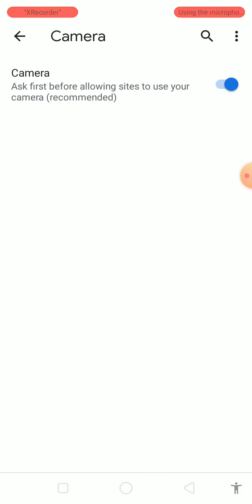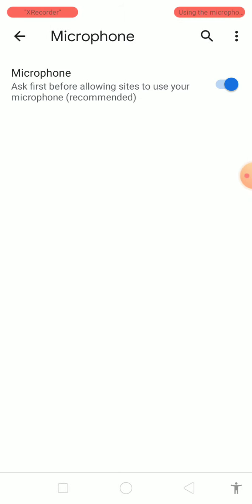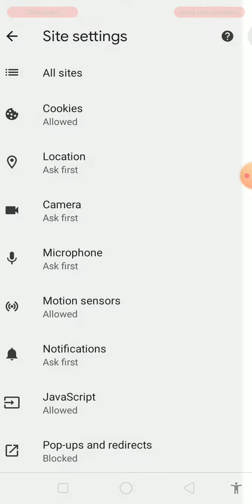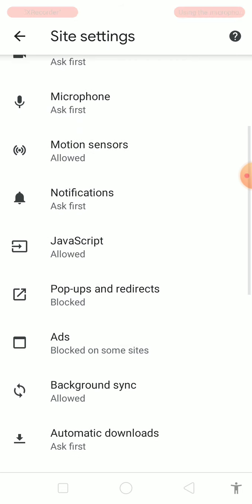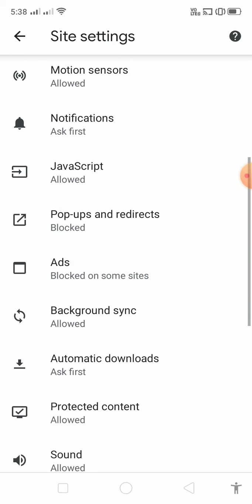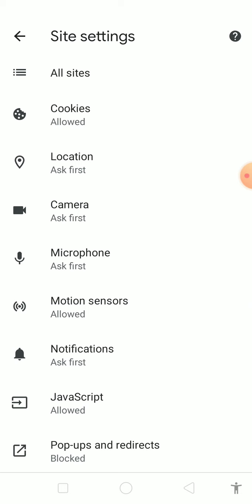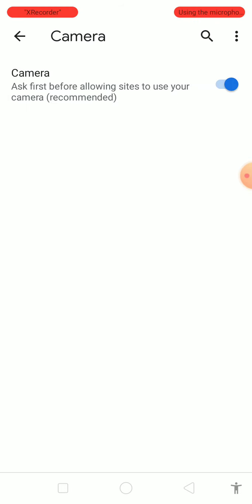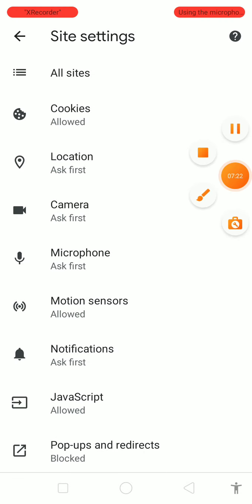If you allow it, it will ask for permission. Keep the microphone also as allow. Keep the pop-up blocker on, so that navigation alerts will not come. If you allow everything, it will start working, or else it will not work.